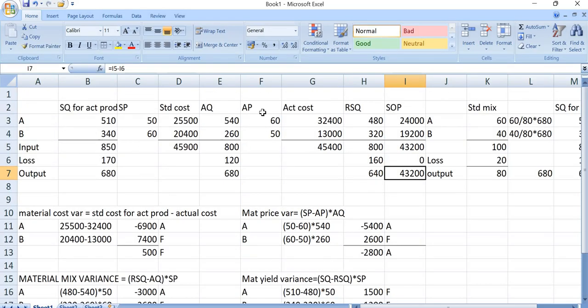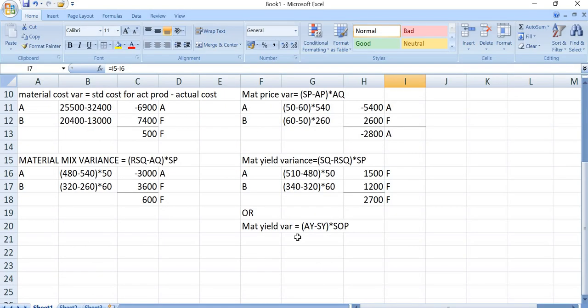So my actual yield is how much? My actual yield is 680, but my standard yield should be 640. For this particular combination, I want to get 640 only, but I got 680 output. So that means I got more than my standard. So this will be favorable. Remember, if we are calculating using this formula, actual yield should come first. So 680 minus 640 into